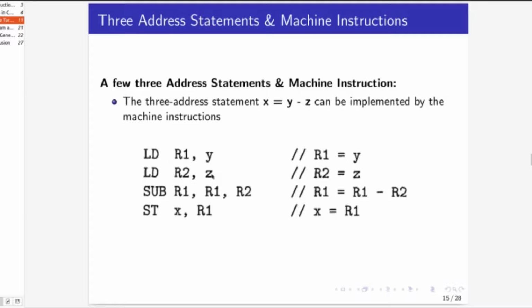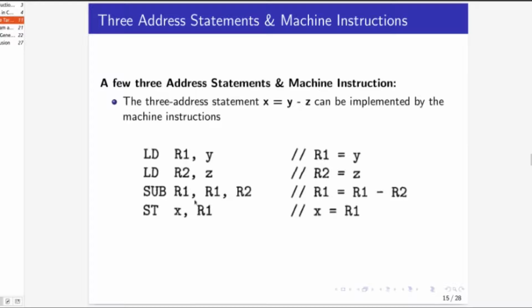Next, the content of z, a memory location, is loaded into R2. Then we have the values in R1 and R2, perform the subtraction and the result is stored again into R1. That is sub R1 R2, so R1 is equal to R1 minus R2.